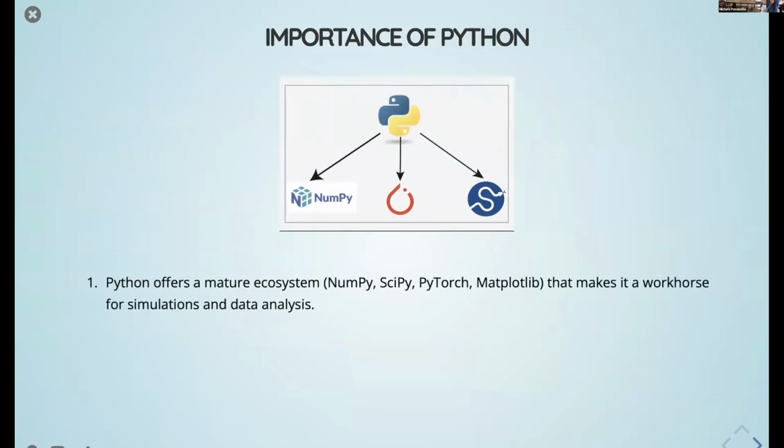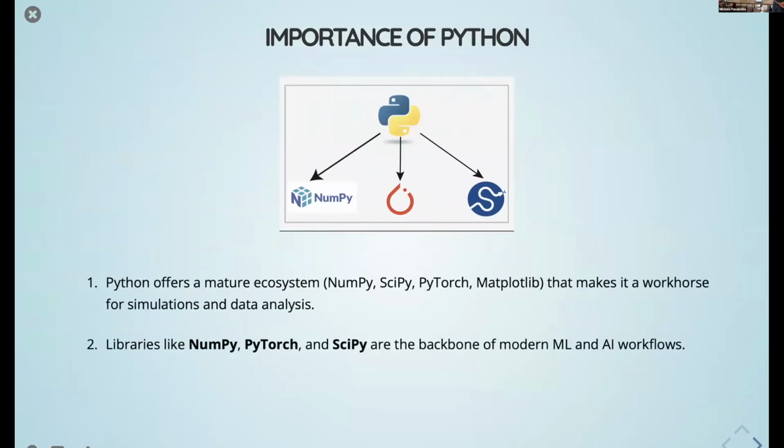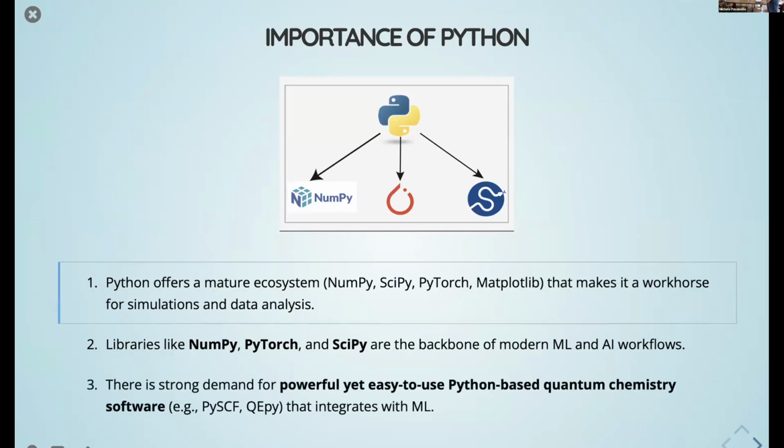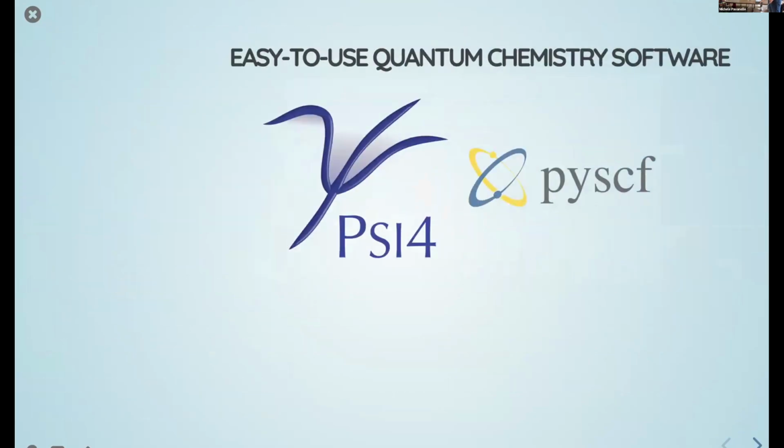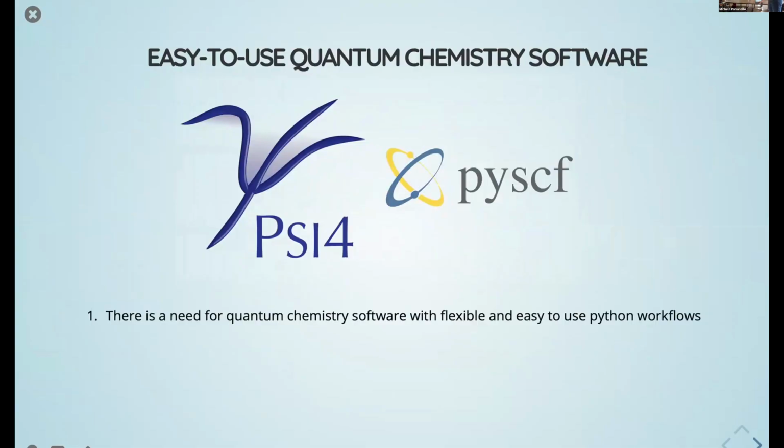So first, the importance of Python. This is NumPy, PyTorch, SciPy, all Python-based packages. These are libraries based on Python, and these are the backbone of modern ML and AI workflows. So there's a strong demand for powerful but still easy to use Python-based quantum chemistry software. There are some examples like PySCF and Psi4NumPy, these two, and